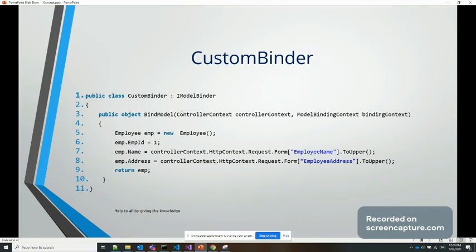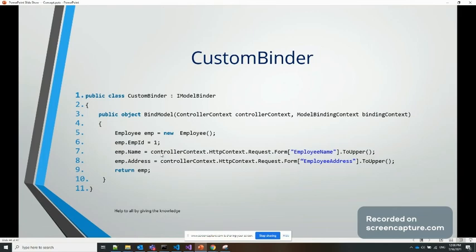You can see here in IModelBinder there is one method, BindModel. There are two parameters, the controller context and the model binding context. The model binding context contains the model-related things, and the controller context tells which controller we are going to hit.